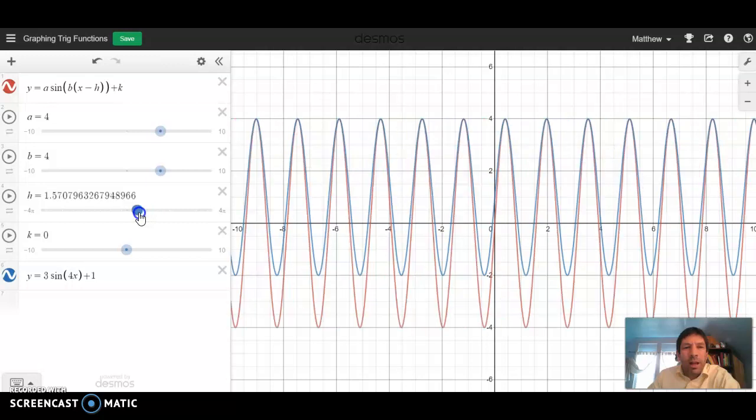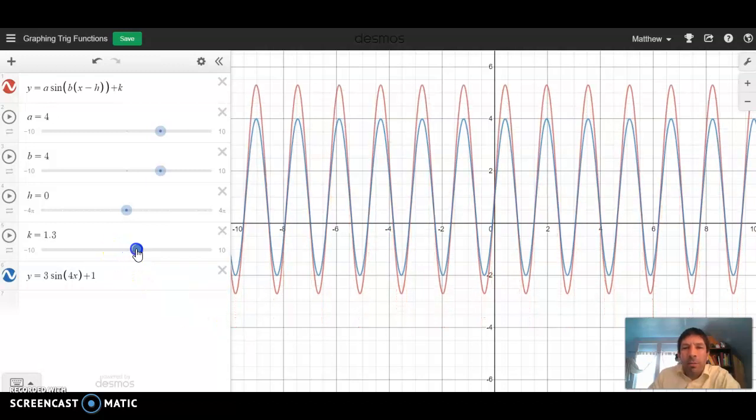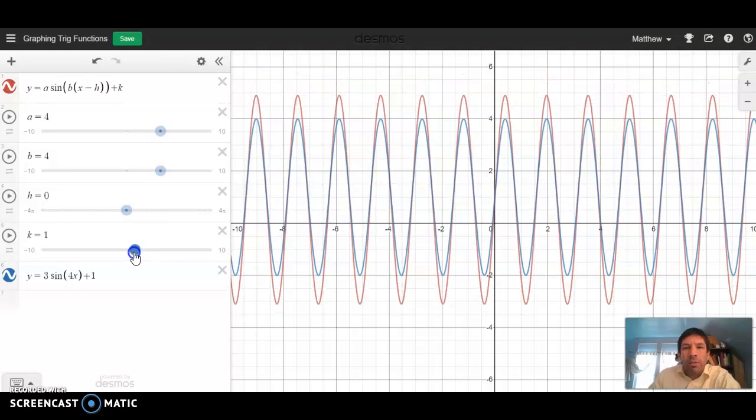And actually it was pretty lined up to begin with. So we'll just leave the h value where it was. Okay. And then we start playing with the k value and we can see, oh, that moves the graph up and down. Well, that's pretty good because actually I want the top and bottom of my graph to match up,